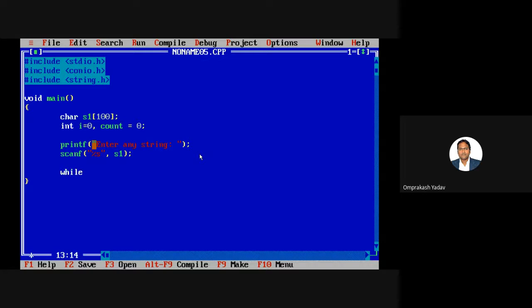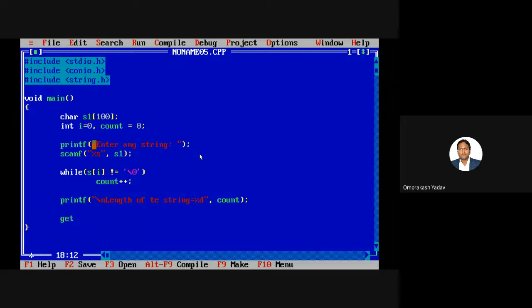Then let's write while s of i is not equal to this null character, I'll say count plus plus, and then finally I'll printf length of the string %d, count.